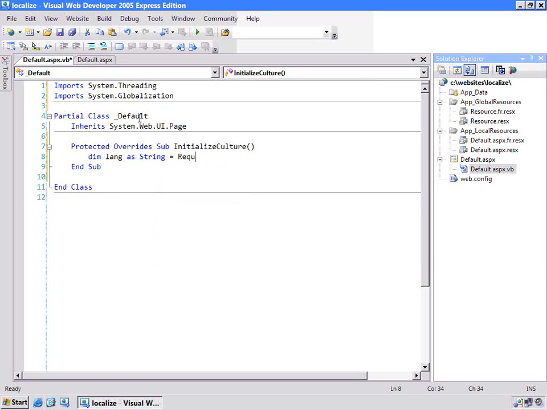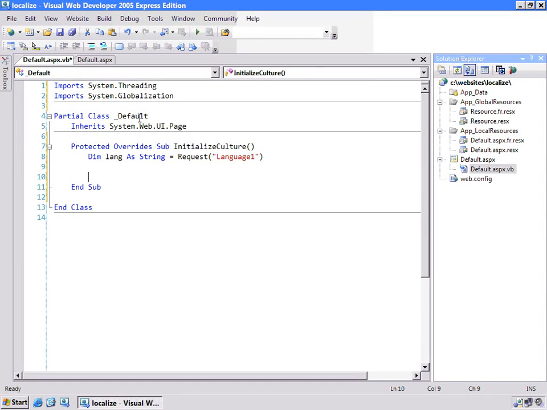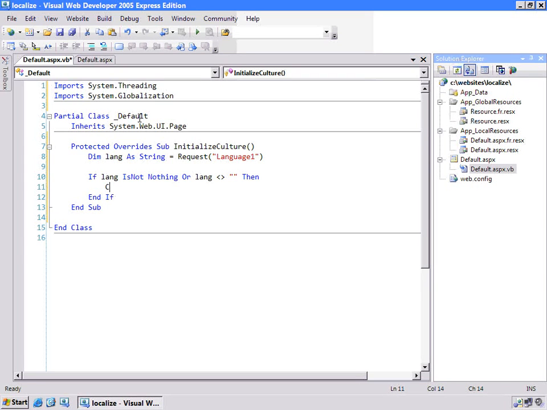We'll set that equal to the request language 1. The reason I'm not doing language 1 dot selected value is that the first time the page is loaded, that's not going to be set, and this is just a simpler way to handle it. It's possible for the first time through for this not to be set to anything. So I'll say if language is not nothing, or language equal to empty string. So in other words, if it's been set, then I want to set my current thread,